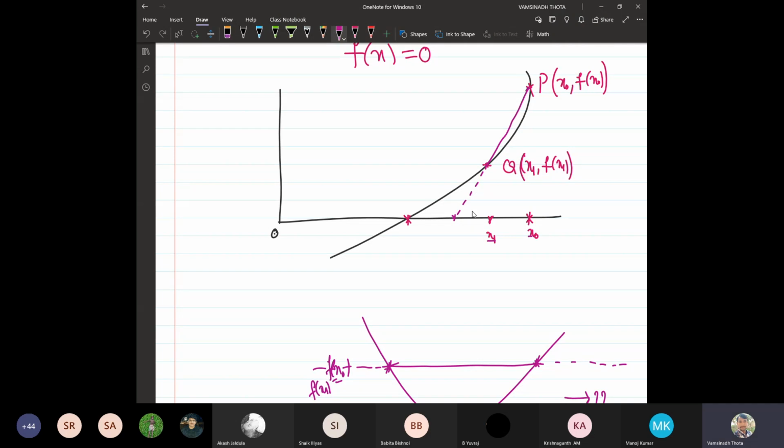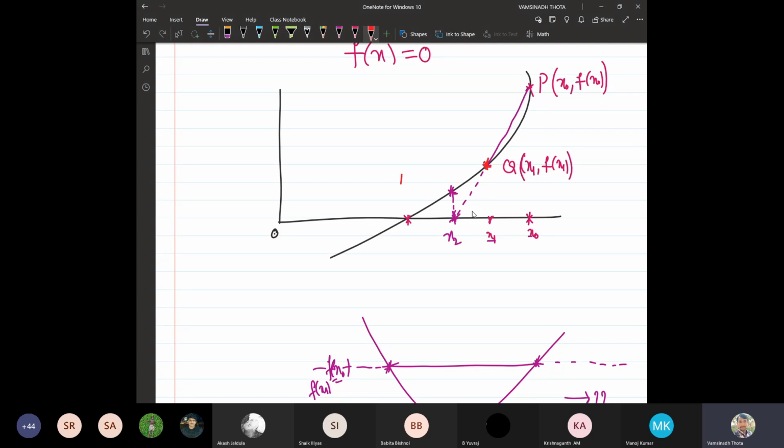Now, you take this one. What is going to happen? You extend it, so it meets the x-axis here. Call it x2. Once you find x2, then again from this point you join. Now from the previous point Q, x1 comma f of x1,